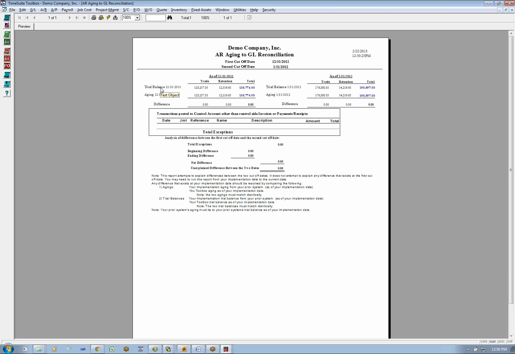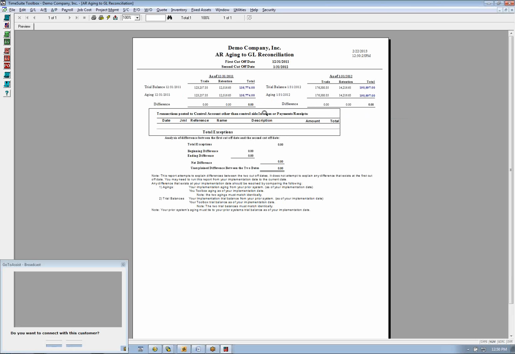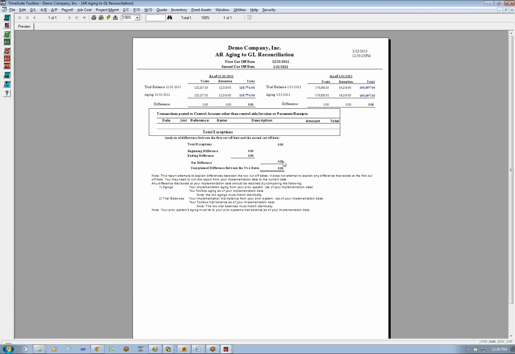And it gives you a balance for your trial balance, a balance for your aging, the beginning of the year, and at the end of the year. If this difference is the same as this, there would be no differences in the current period. If there's 0 there and something there, you would expect something to be in here. We can go out and try to locate the transactions that got you out of sync. If you ever have a difference here, do a support call and I'll run that down for you. Every time somebody calls with an unexplained difference, we run it down and it helps the entire customer base. So don't hesitate to call.